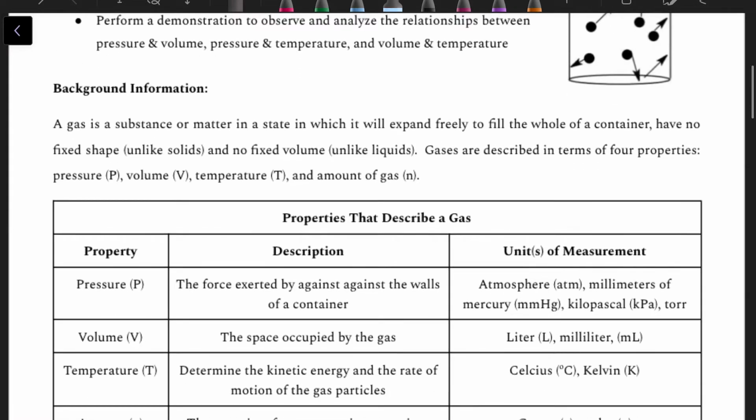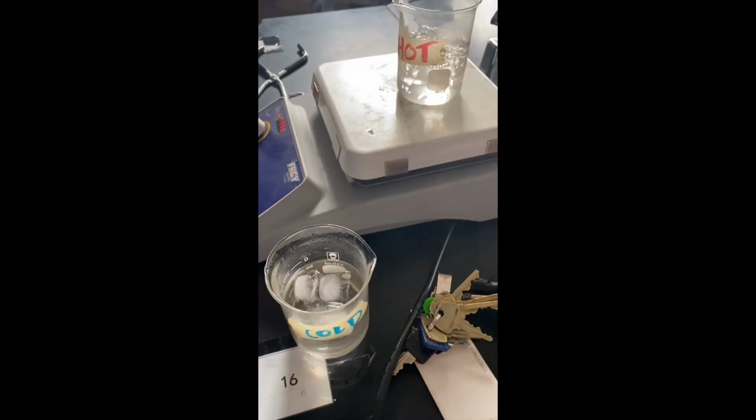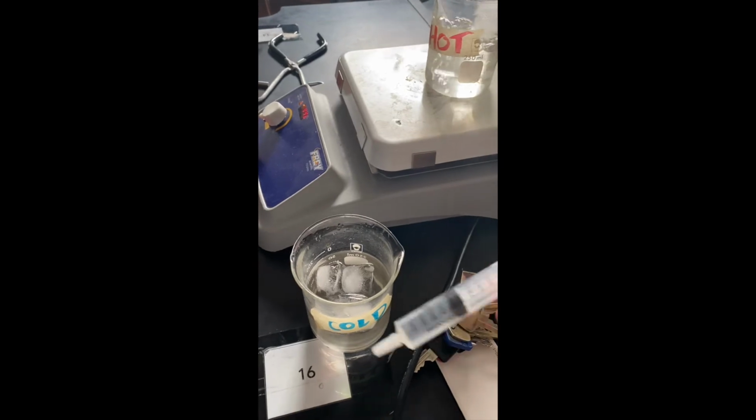Like always, you have a section of useful background information that can come in handy when working on this lab. It talks about the different properties that we'll be looking at, descriptions of them, and the units that you will see. Station 1 is called heating and chilling, and this station talks about the relationship between volume of